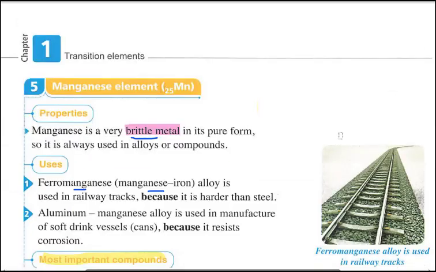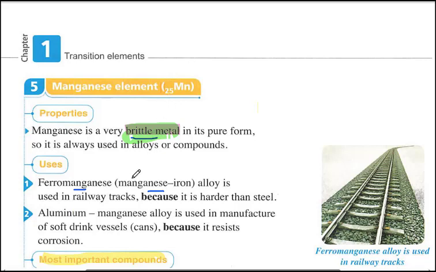Another element, manganese, it is a brittle element. Brittle metal means that the metal can be easily broken, so it cannot be used in its pure form. So if it is mentioned to you in the exam that this metal is brittle metal, then it is manganese